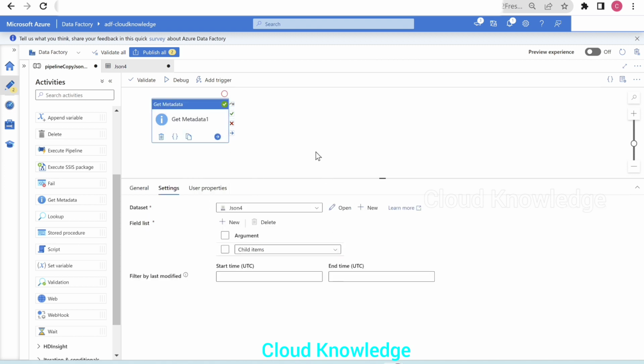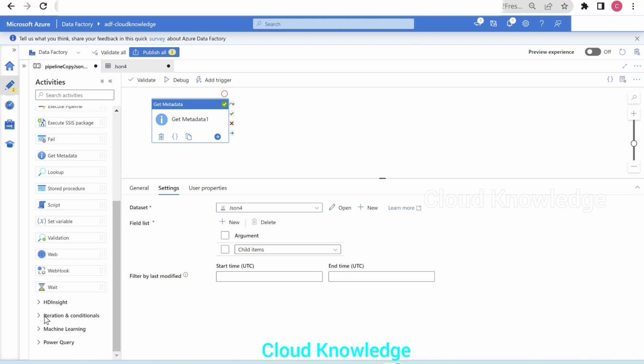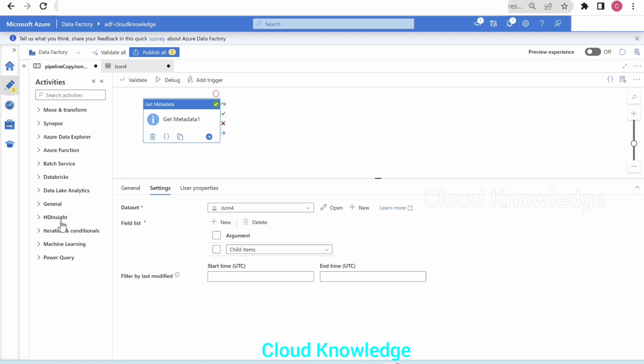Our next job is to traverse through every file and check the content of the file. So in order to traverse through every file, we have to use the looping concept. And the loop here in Azure Data Factory, the activity used for looping is for each. So if we go inside the iteration and conditionals section, we'll get for each.